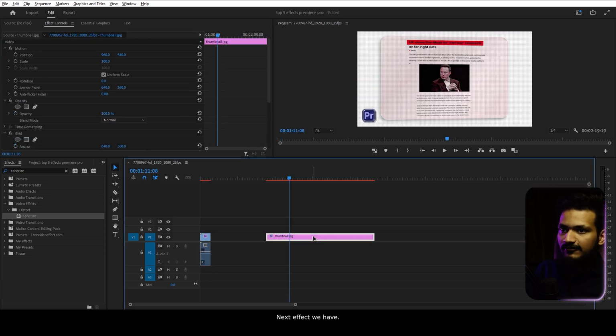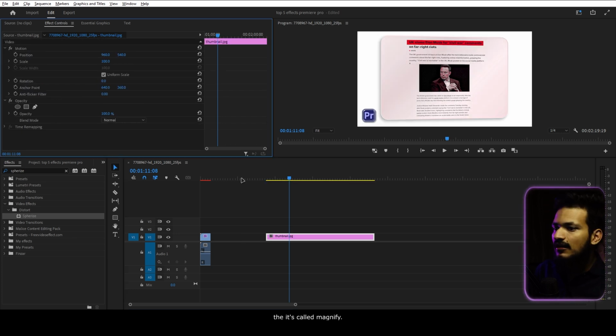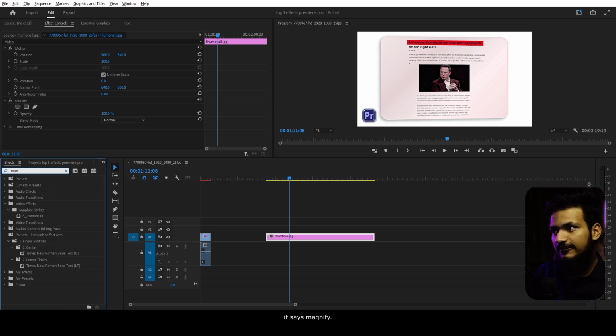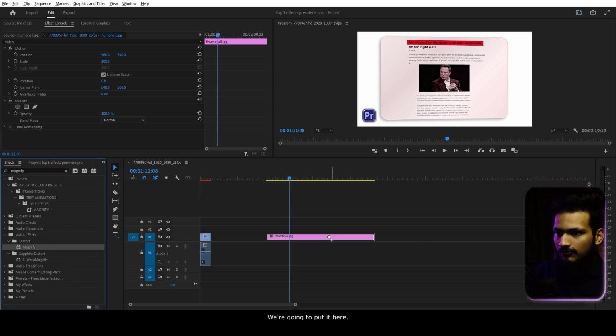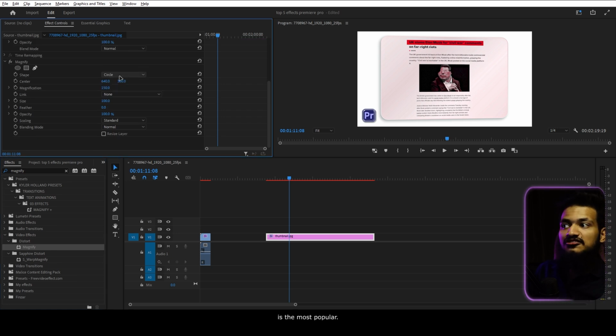All right, next effect we have is called Magnify, and it will do what it says, magnify. Here it is. We're gonna put it here. You can choose the circle or square, but circle is the most popular. And then you can choose where is the center, like where you want to highlight the stuff, and choose the